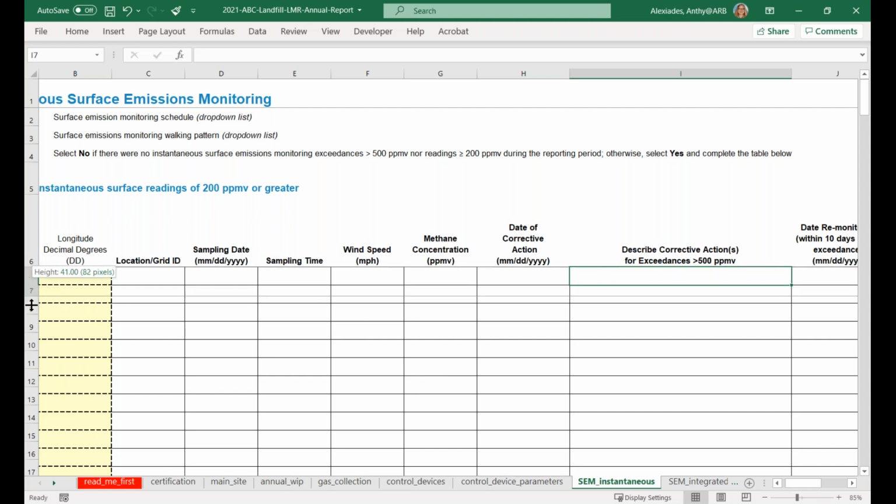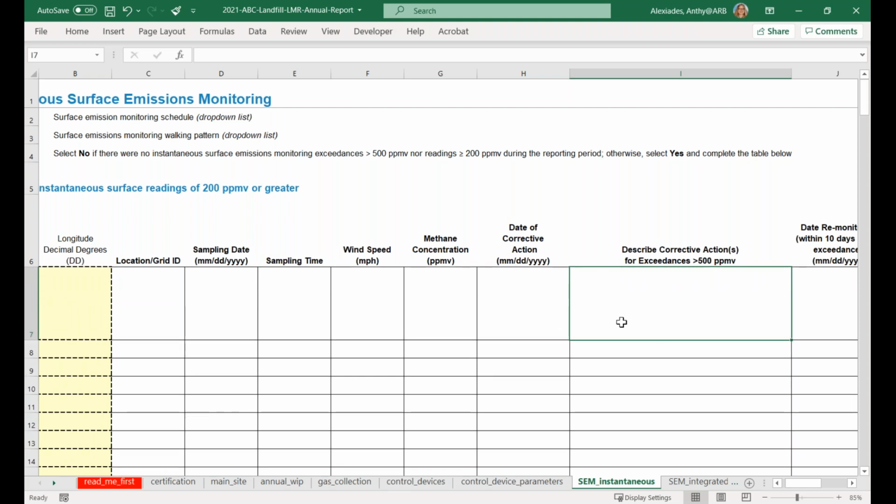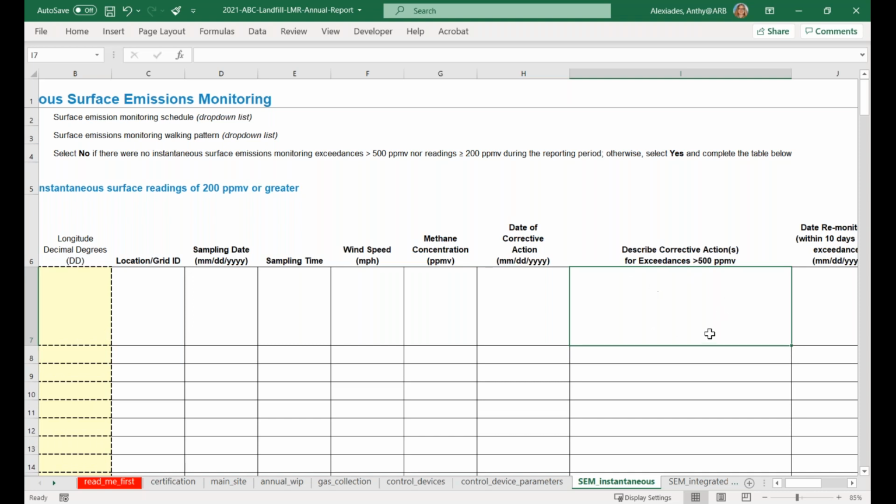So something I'll point out here, I know that often there are multiple corrective actions that are taken on various dates. So for example, the first thing you might try is adjusting some valves in your wells, and you go back and remonitor, and if you still have an exceedance, then maybe you add some more cover fill and compact that, etc. So this field can be expanded as much as necessary. You can give us a paragraph to tell us all about your corrective actions that were taken. We also invite you to, if it's more convenient, just submit a separate document describing those corrective actions, remonitoring timelines,